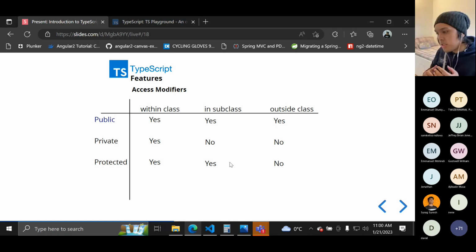This is very useful, for example, when we want to prevent other developers from accessing this kind of method. If you want to abstract it, this is very useful when it comes to TypeScript. This is actually one of the major advantages now in TypeScript, since in JavaScript we are not capable of doing this. This also allows us to make the code more maintainable.